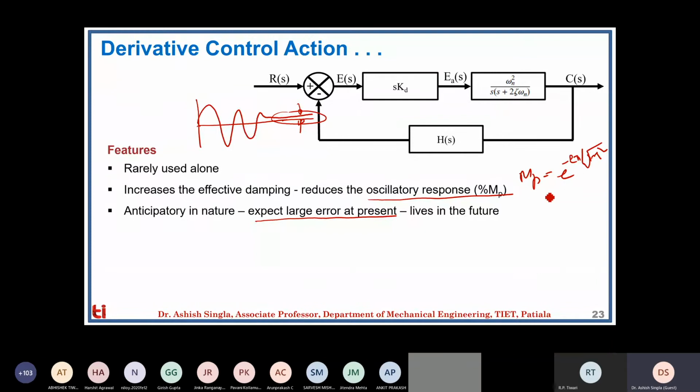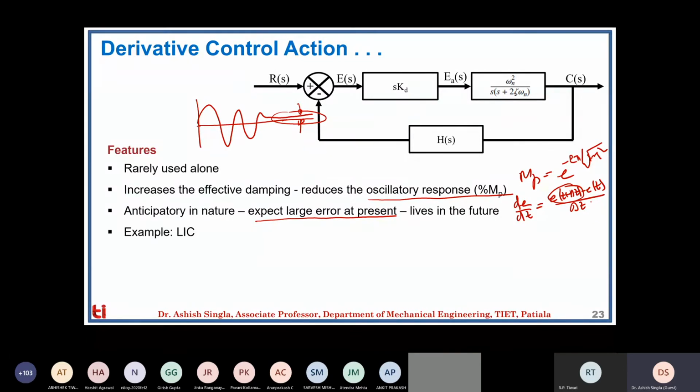So, because it's the rate of change of error, based on de/dt, it's something like e(t + Δt) minus e(t), divided by Δt. So this is the next instant of error. That's why it anticipates that something large is about to happen, or something unexpected is about to come in the near future. So let me take a corrective action right now.